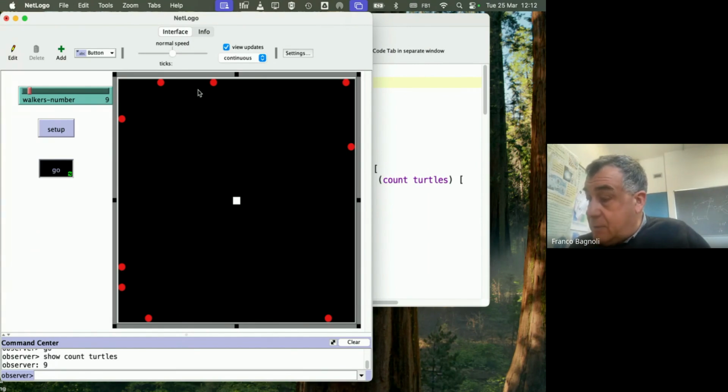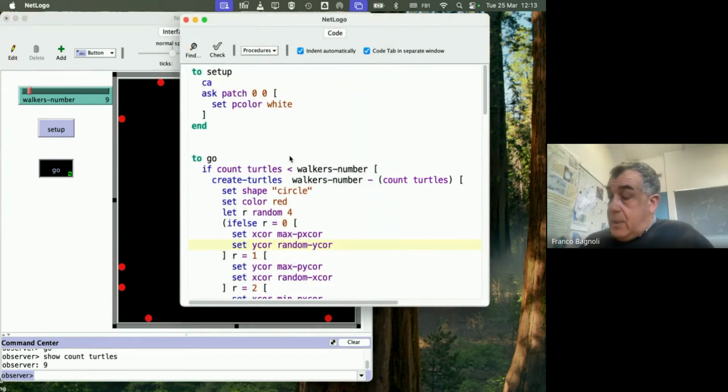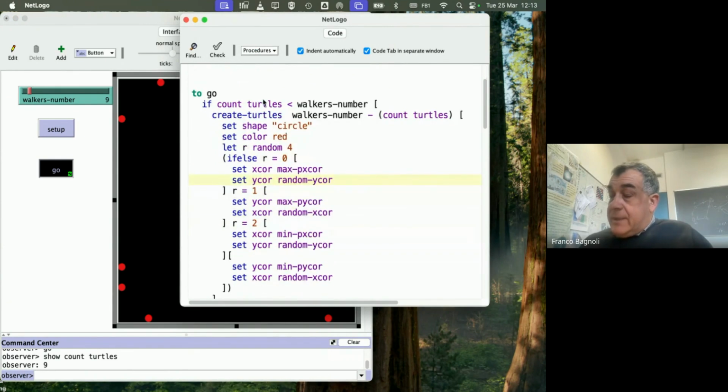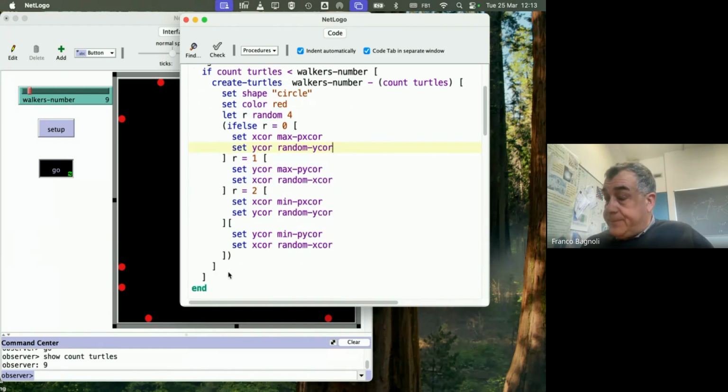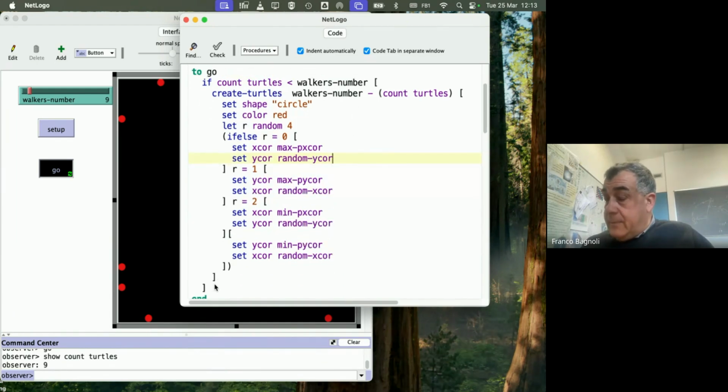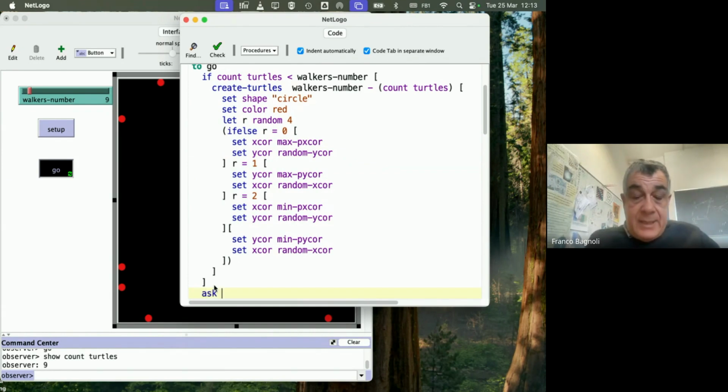Okay, 1 2 3 4 5 6 7 8 9. Okay, now they are right. So this keeps the number of turtles equal to workers number, and then I may ask turtles